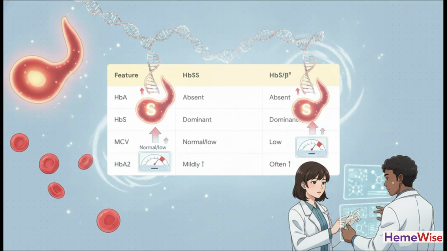In both of these conditions, hemoglobin A is completely absent and hemoglobin S is dominant. So how on earth do you tell them apart? Well, you have to hunt for other clues. The MCV, or red blood cell size, is typically way lower in the thalassemia variant. Plus, hemoglobin A₂ is often more clearly elevated in sickle beta-0. But you've got to be super careful here because hemoglobin S can actually distort the A₂ measurement on some HPLC